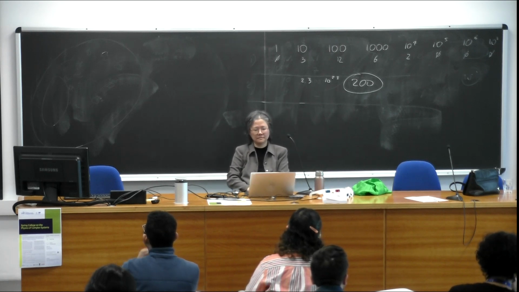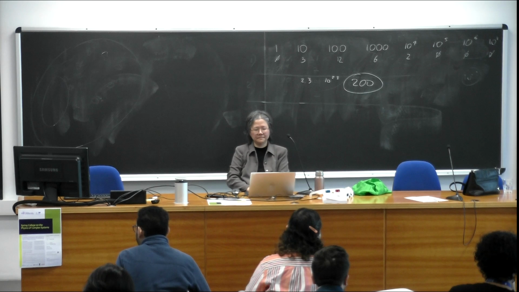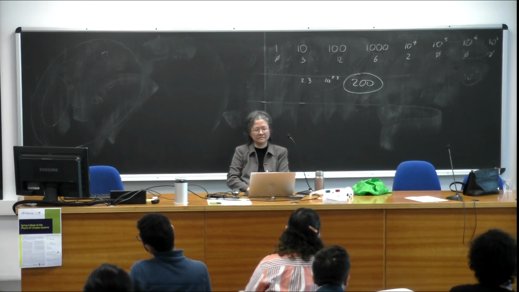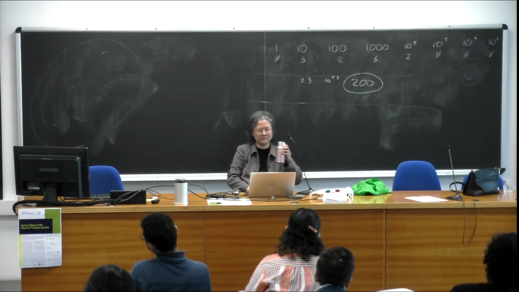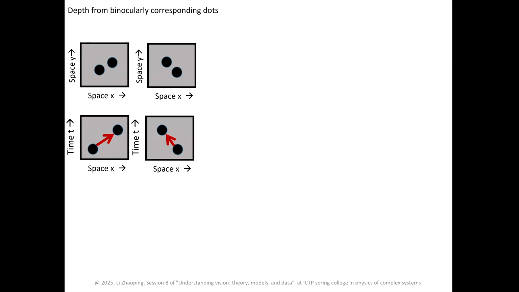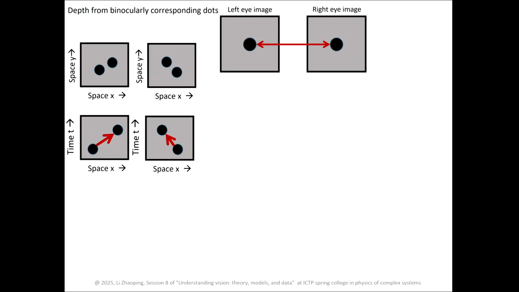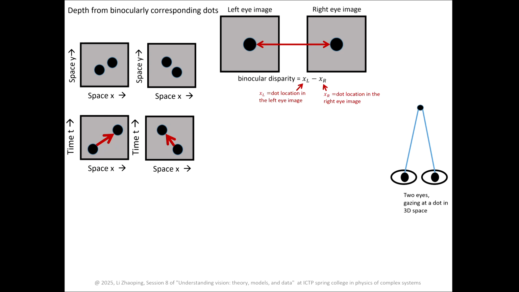Vision, reverse depth. Just as a pair of spatial dots gives a spatial orientation, a pair of corresponding dots in space-time gives one motion direction, and here is the opposite motion direction. A pair of corresponding dots across two eyes gives a 3D depth. In this example, the two dots have the same retinal location in the two eyes, so the binocular disparity is